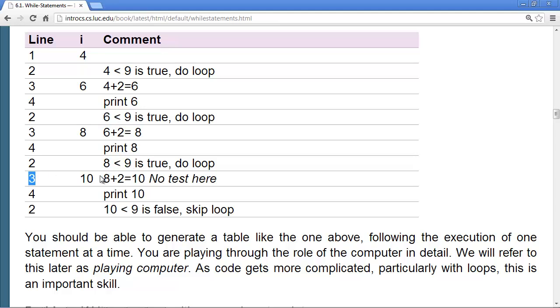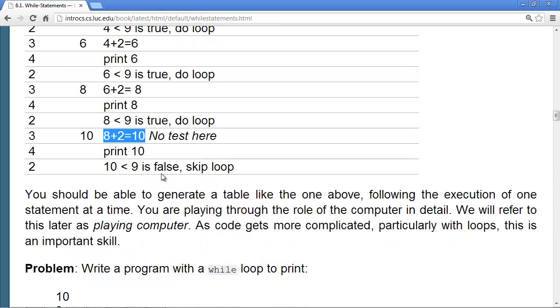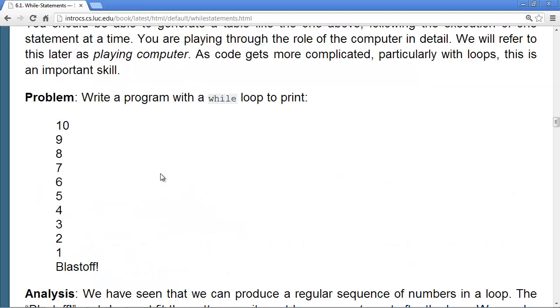Even though it does something slightly different because the value of the variables are different. Here's one to think about for yourself. I encourage you to stop and think about writing it and actually do it, say in MonoDevelop. Write a program with a while loop that'll print 10, 9, 8, 7, 6, 5, 4, 3, 2, 1, blast off.